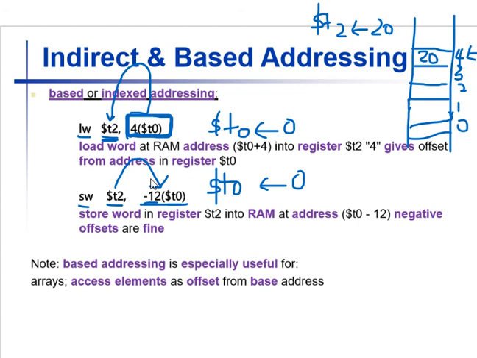So you add both of these, the offset and the base address. 0 and the offset is minus 12. So what do you get? You get a negative 12. Negative offset is possible. This is what is written here. So negative offsets are fine. Then go to the address and you store the content of register T2 in that address. That's the idea. So this based addressing is mainly used in arrays. We already used the based addressing in arrays.